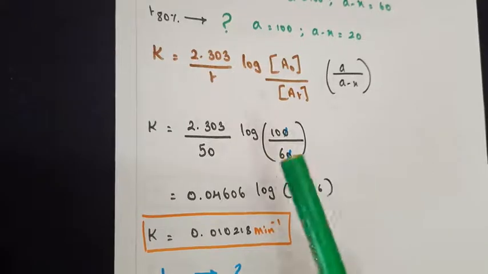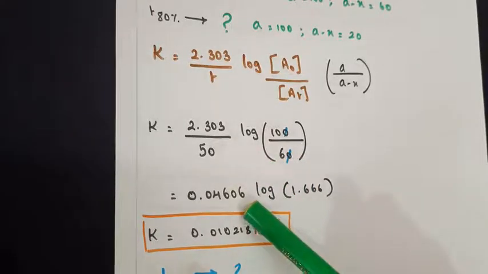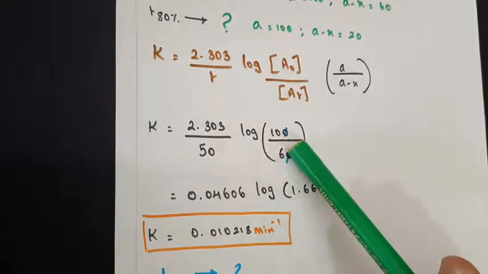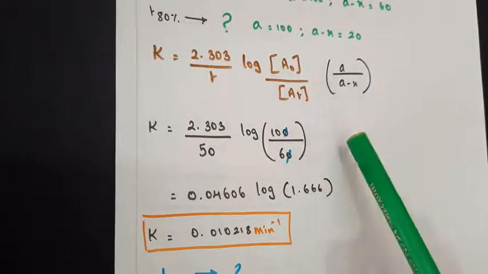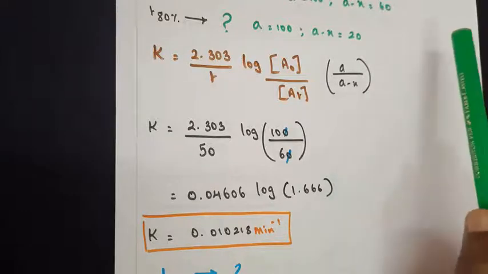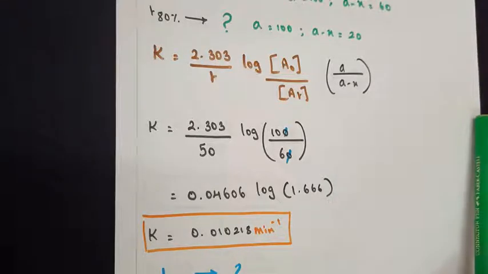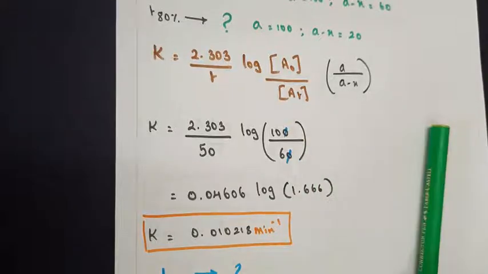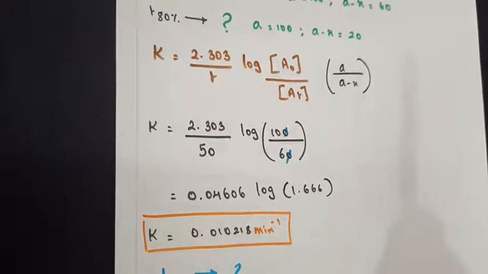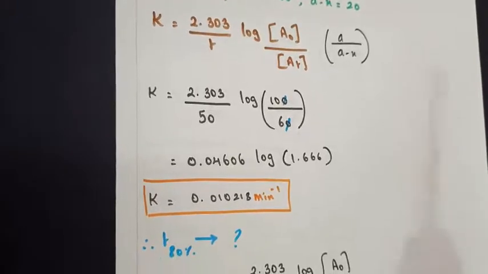I have taught you already in two videos, one on how to calculate the log value, the other on how to calculate the antilog value. And when I did the numericals based on solid state, I explained in detail how to calculate the log value, how to subtract it, and how to find the antilog and move the place value. So I'm not going into detail here. I've just given you the answer. If you are not able to understand the working, kindly put your question in the comment section. I will respond to you immediately.